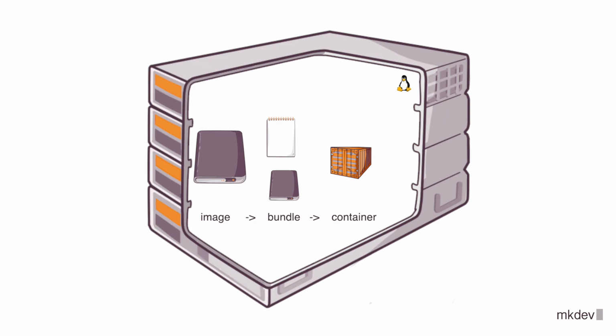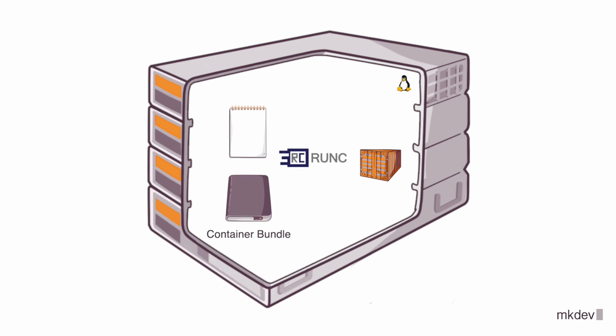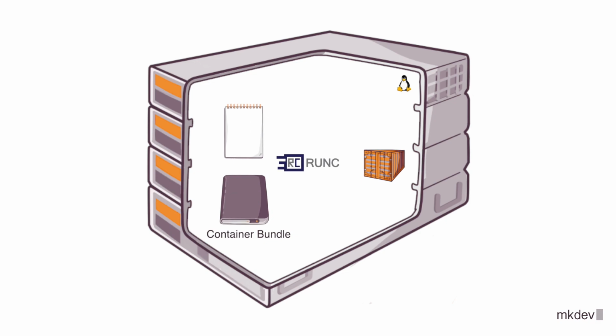While runC works only with container bundles, the higher-level tools like Docker are aware of container images. When you try to run a container from an image, such a high-level tool will unpack the image into the container bundle, and then will use this bundle to spawn a container with runC. This means that you don't need the container image to run the container, but it is for sure much easier to use container images and a tool that can unpack them to container bundles than creating container bundles directly.